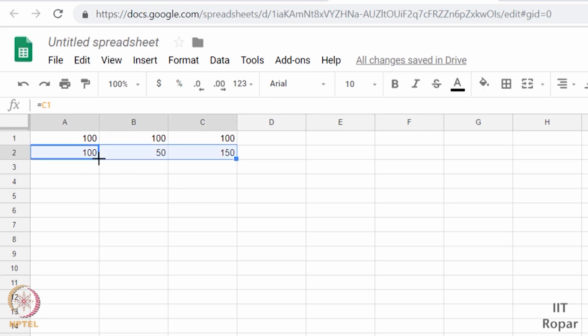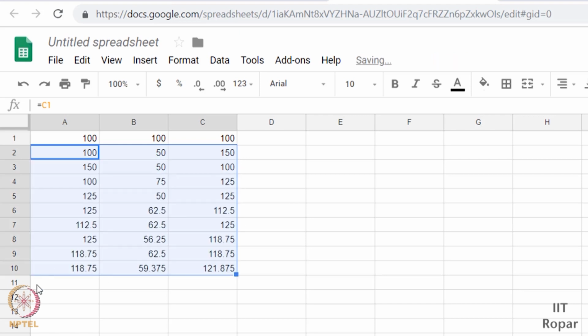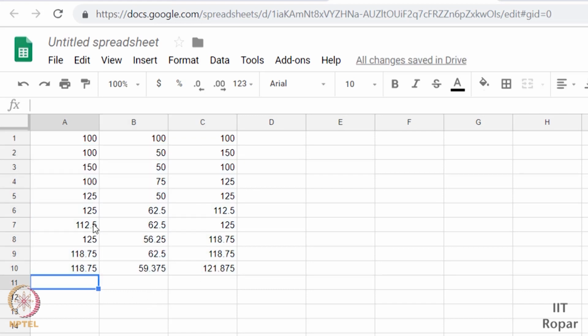What happens if we repeat it for further iterations? So in Excel, if you drag it, the formula will get copied automatically. It will get adjusted. That is a nice feature available in this software. So we'll drag it and see what happens. See, these are the values after some 10 iterations. So it was 150, 150, so that 150 came here, half of it comes here. So some kind of jugglery happens, and at every point, as I have said, the sum will be constant.